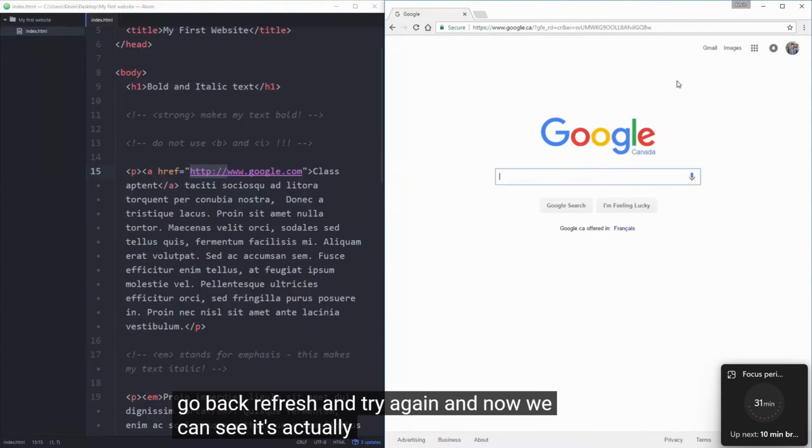Awesome. And what this is called is an absolute link. The path here is absolute. It's the exact address for google.com. By including the http://, we're telling the browser this is exactly where it needs to go. This is the exact address. It's the absolute path. If I want to link to another page on my site though, then we can use something called